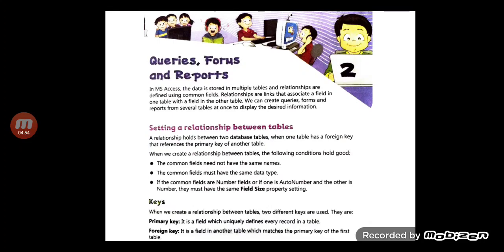As I told you, a primary key is a unique key, a field which uniquely defines every record in a table, and a foreign key is a field in another table which matches the primary key of the first table. That means when a primary key appears in another table, we call it a foreign key, and foreign keys do not have to be unique, but the primary key has to be unique.